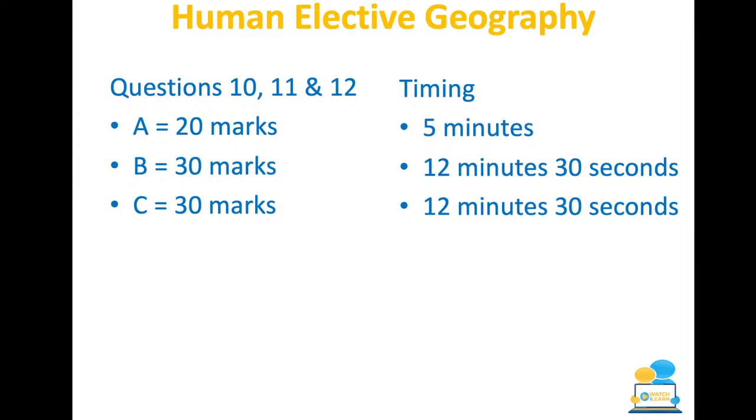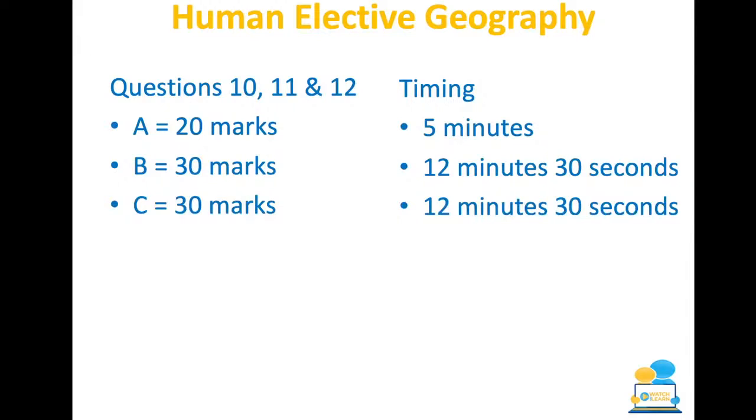The other thing I would say is it doesn't have to be 12 minutes 30 seconds if you are able to save time elsewhere. Okay, so this is where you have to learn about your timings, and the only way you learn about your timings is practicing questions. Practicing 30 markers, timing yourself, seeing what time you're at. Okay, it takes me 17 minutes, so I need to practice to bring that down. And when you've practiced so much that you know exactly, right, 30 markers always take me 13 and a half minutes, then you need to look, is there